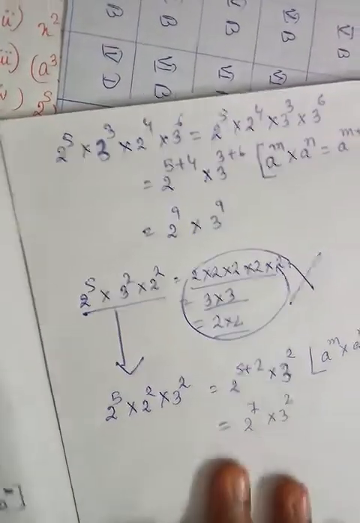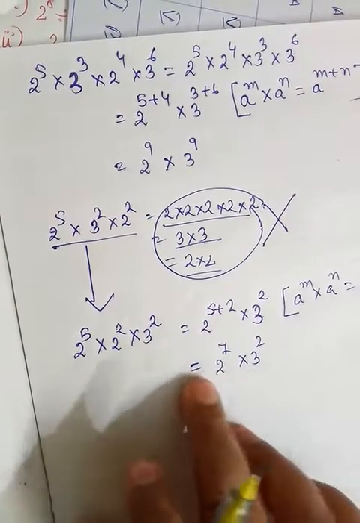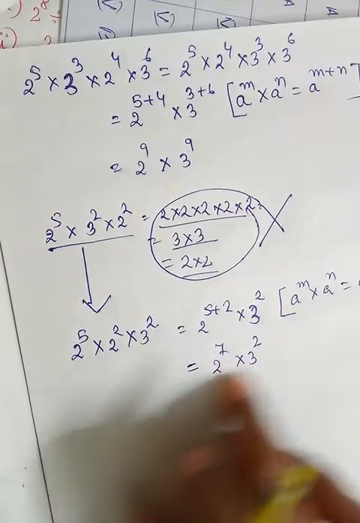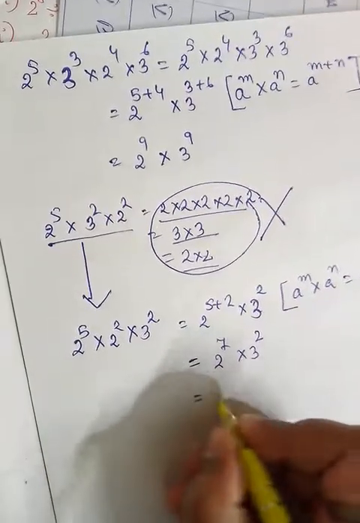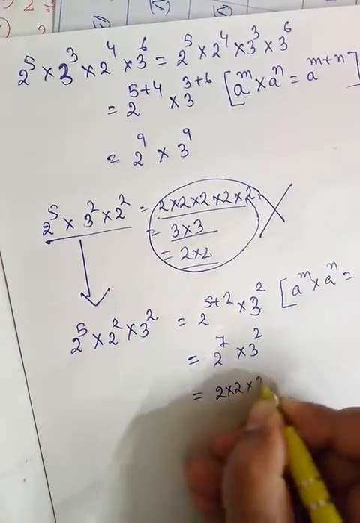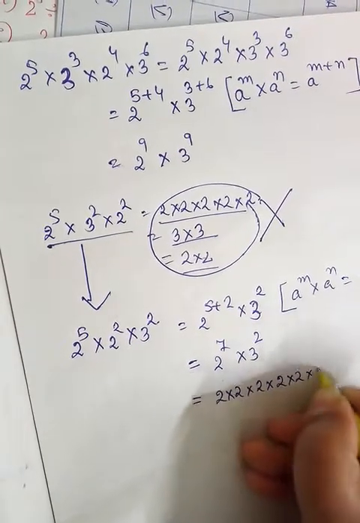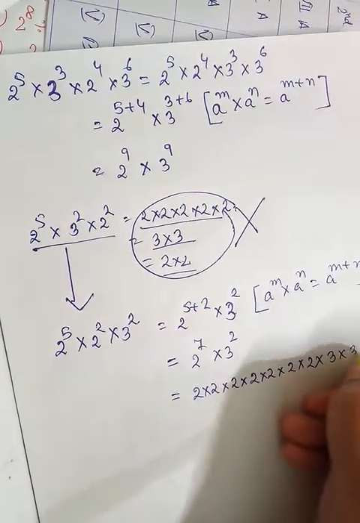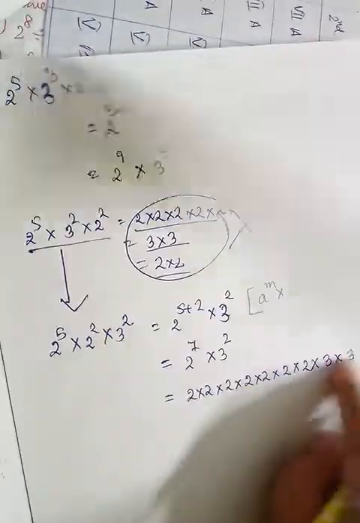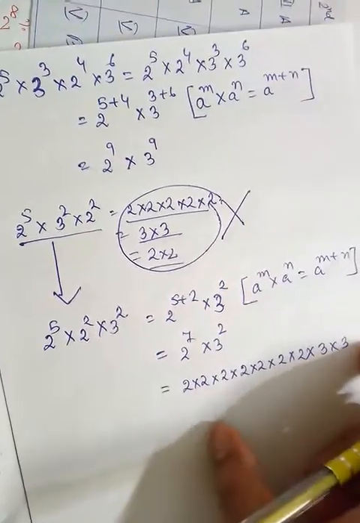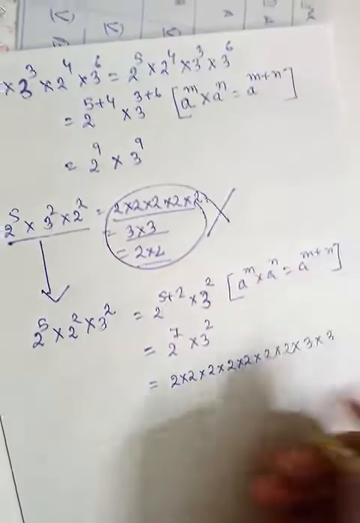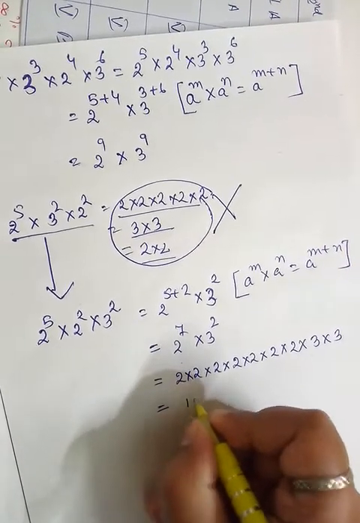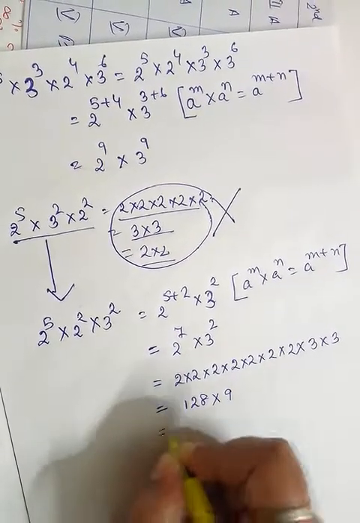All whatever numbers are given will be written in the same equal to sign. You will not separate 2 to the power 7, and in the next line write equals to 3 square. It will be in the same line itself, and then in the same line you will write 2 into 2 into 2, 7 times, and then you will write 3 two times, all in a single line. There will be no double line. Like, in the first line you will not write the 2, and in the second line you will not write the 3. All will be in the same line, and then you will solve. So it will be 128 into 9.